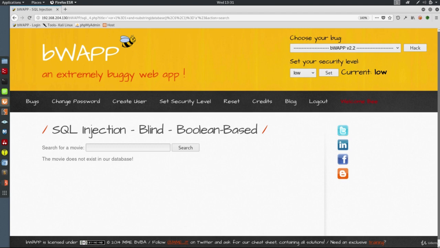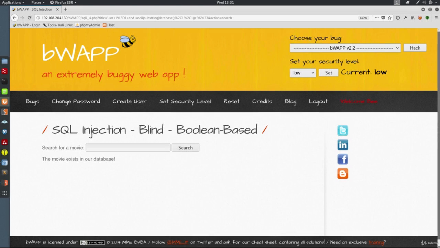So we use Boolean operators as well as some other functions to compare. Now, of course, there are multiple ways of comparing. This is just one of them. But it checks if the ASCII value of the first character of the database name is greater than 64. Positive result. So the first character can be either a lowercase or uppercase letter. So I use this one. Now we get that the first character is a lowercase letter, and we can make a Boolean search to find